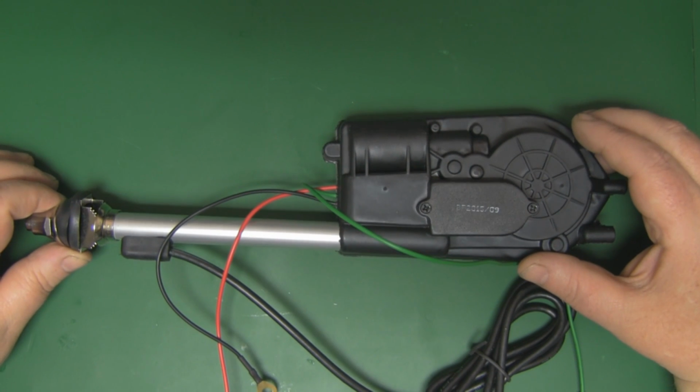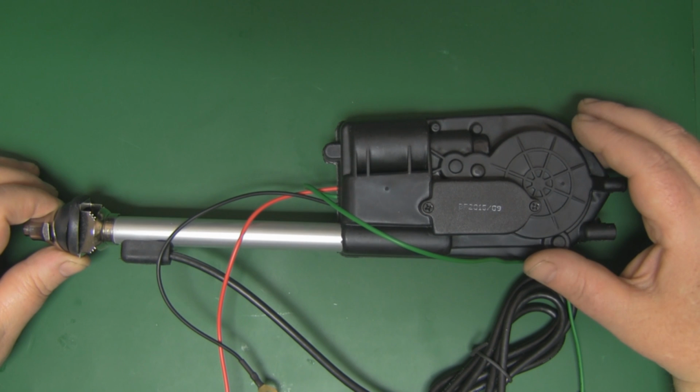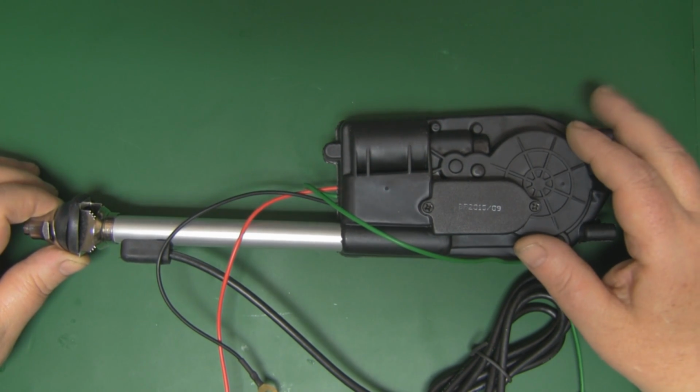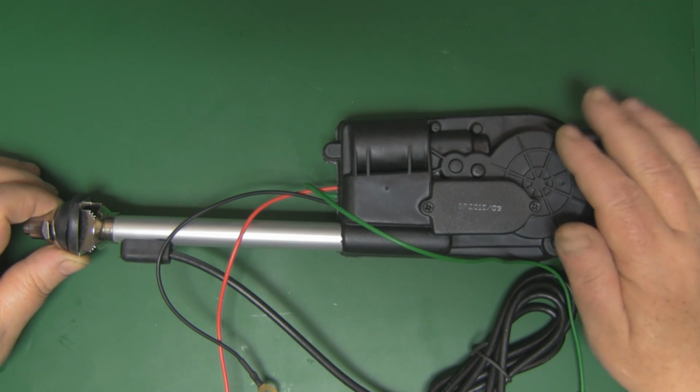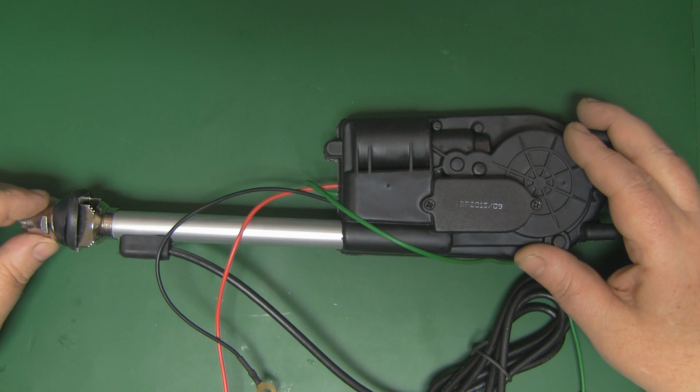So this is the automatic car aerial that I purchased off eBay. There are quite a few Chinese sellers selling these. They all seem to be about the same. I paid about £14 for this with free shipping from China, and to be quite honest, I'm not going to do a great deal of modification to